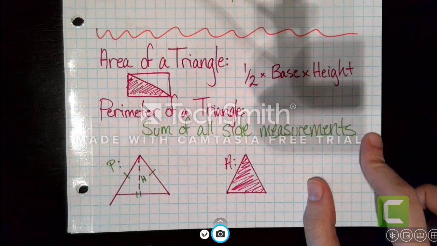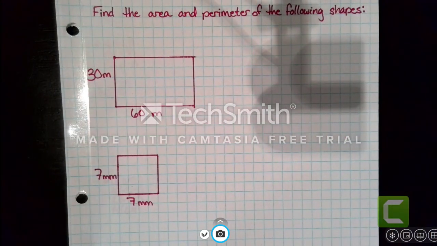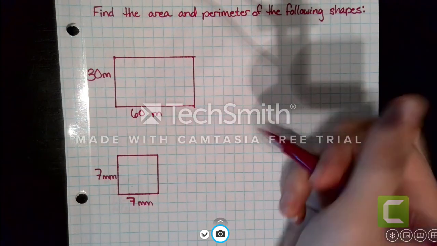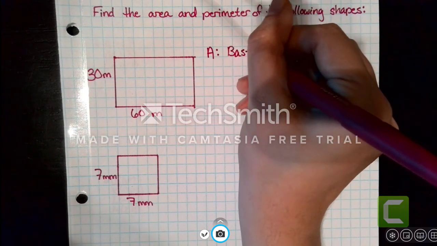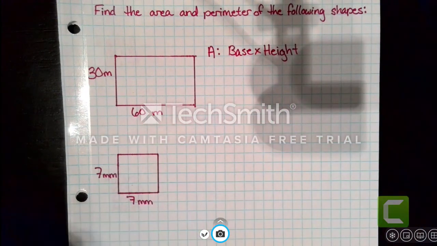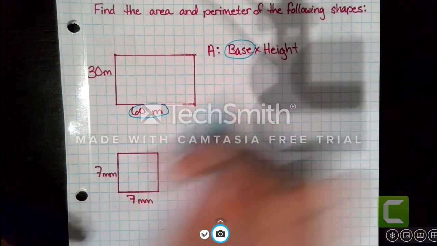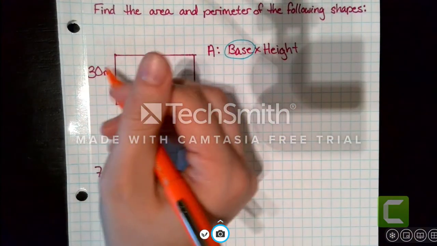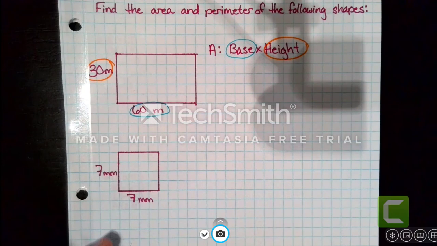Moving on to some examples now. Let's find the area and perimeter of the following shapes. Right here, we have a rectangle, which means that for our area, we can focus on the base times the height. And in this case, our base is 60 meters, and our height is 30 meters. So substitute in these 2 values to your formula,